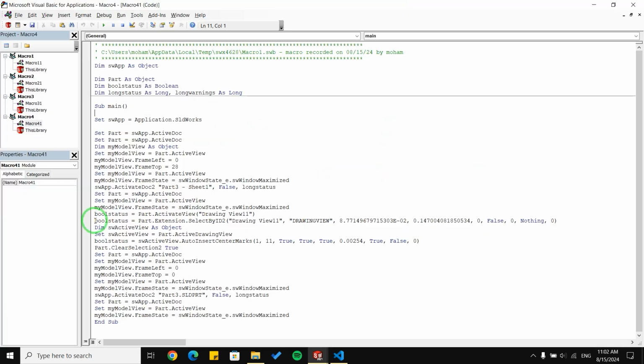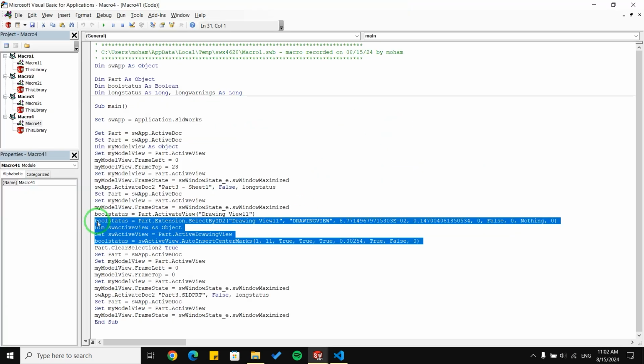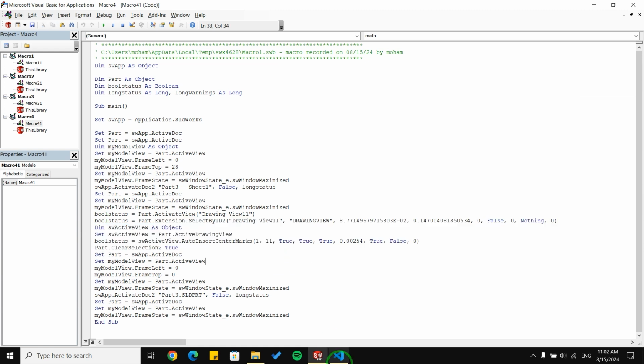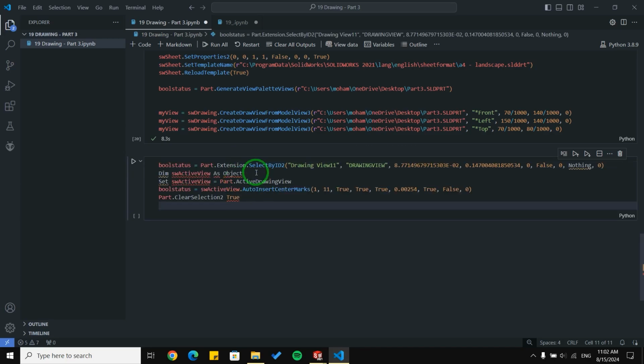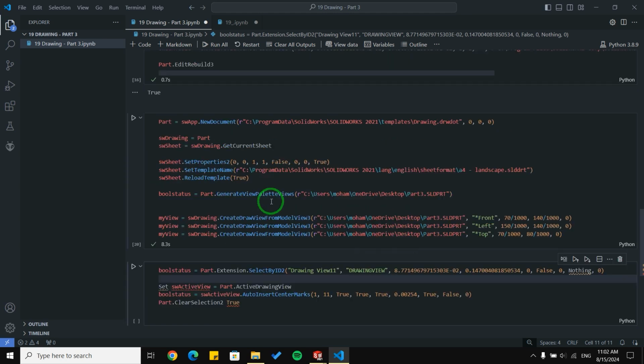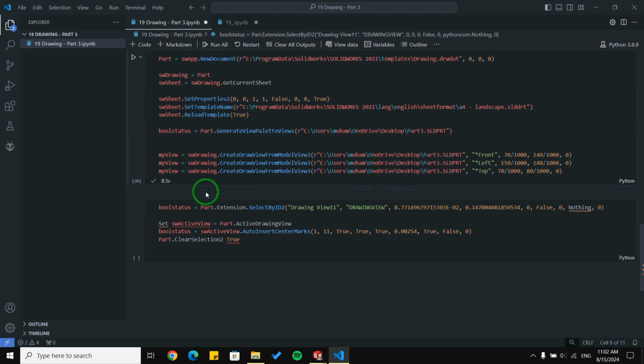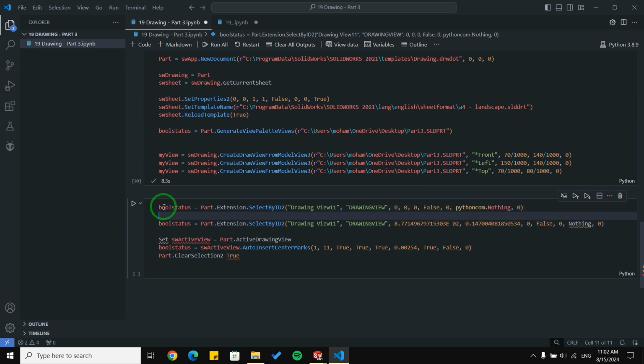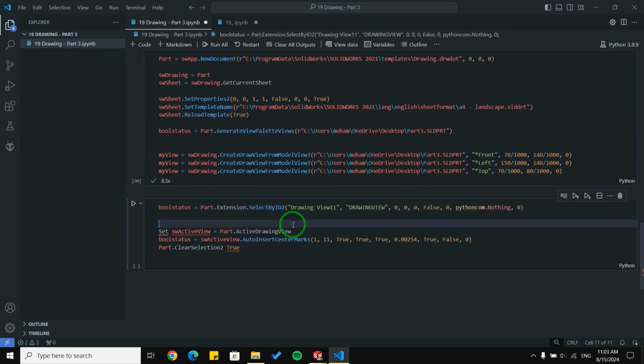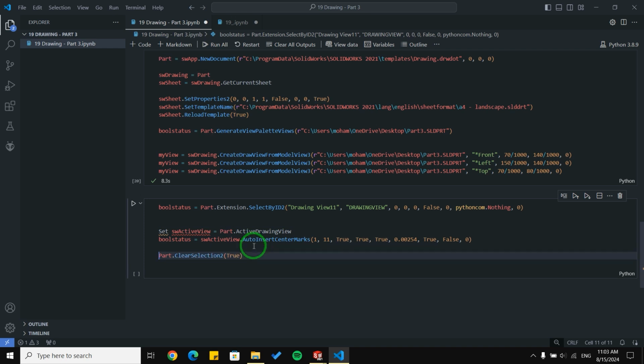And we need these lines, or maybe this one. Okay, I'm going to paste it here. I'm going to delete this one, and let me see. I'm going to copy this line here and paste it here. I'm going to delete this line again. And for the clear selection, I'm going to edit it a little bit.